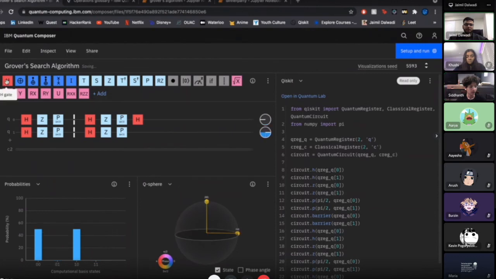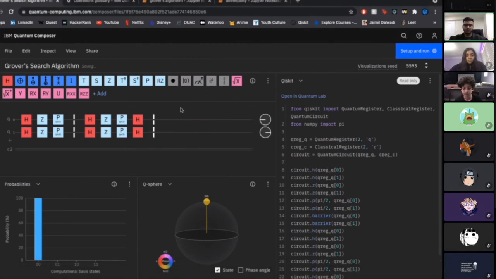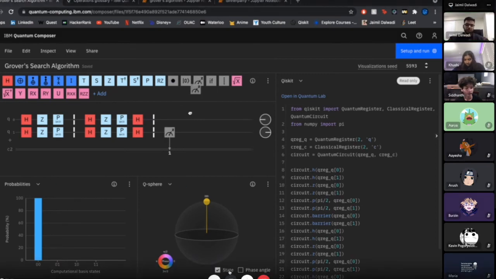Again, there's a lot of math behind this, which is why the probability works properly. See, if you put this at the end, you'll see that 0, 0 has 100% probability to always show up as 0. So if we put this in, and here we have a measurement block, which basically, at the end of all the processing, you need to measure what you got built. So you're just going to put that on each line.